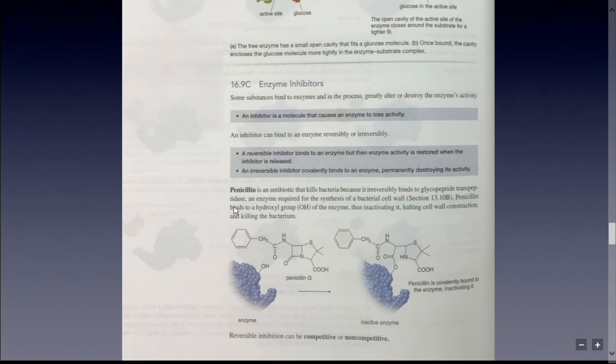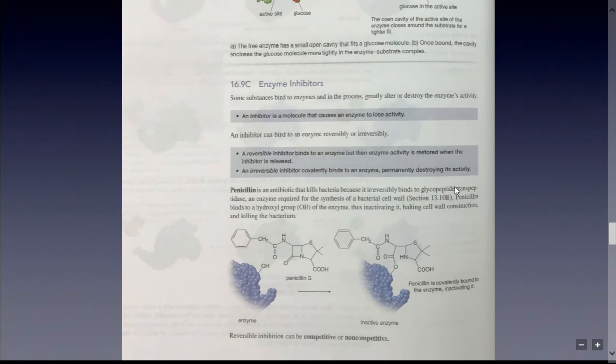And so penicillin is a great example of the way that works. Penicillin is awesome. The way it works, it's an antibiotic that kills bacteria by preventing it from making its cell walls. And the way it prevents the bacteria from making their cell walls is that it irreversibly binds to glycopeptide transpeptidase. Again, you can analyze that word, and it ends in ase, so we know that is an enzyme or catalyst. It's an enzyme, and that enzyme is acting on glyco, that means sugar, peptide, that means a carbon-nitrogen bond,